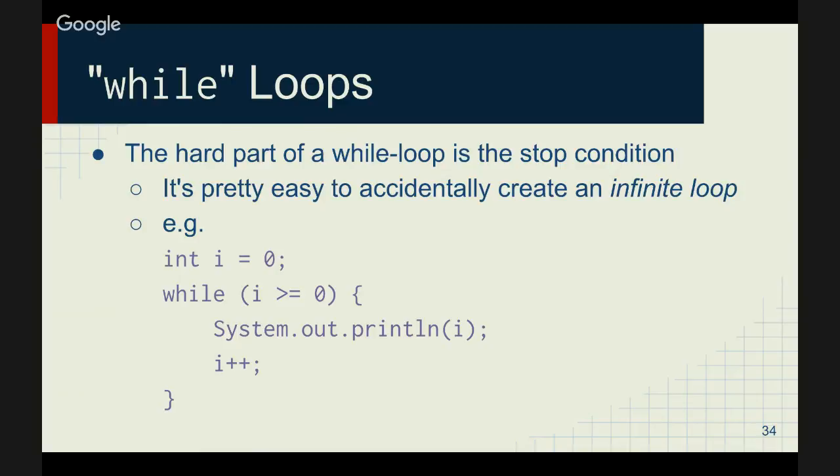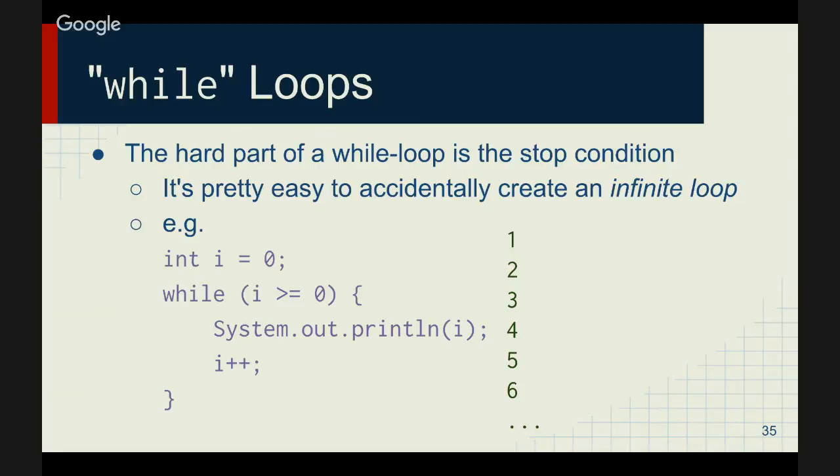Because i is never less than 0. Does everyone else see it? So our greater than or equal is in the wrong direction, and so it'll just keep going forever. Right? Because the stop condition is if you're ever less than 0, but we're never less than 0. So you have to be careful to check that